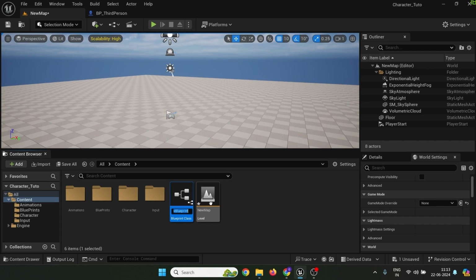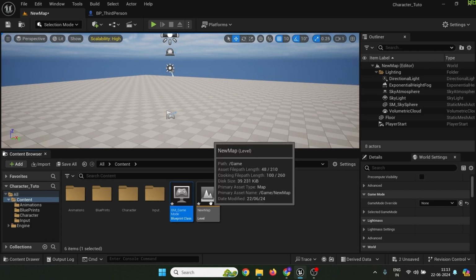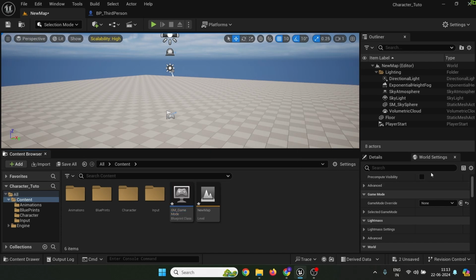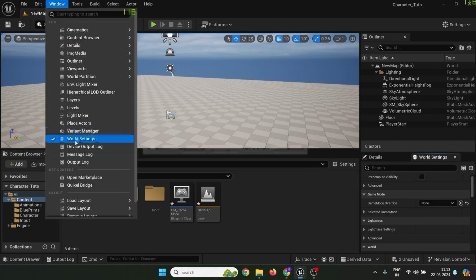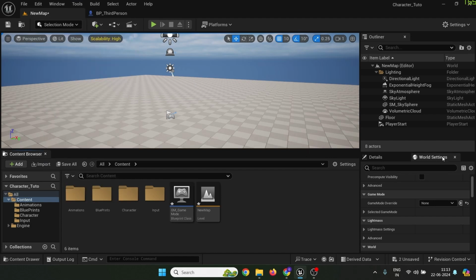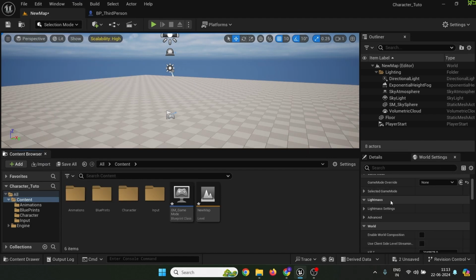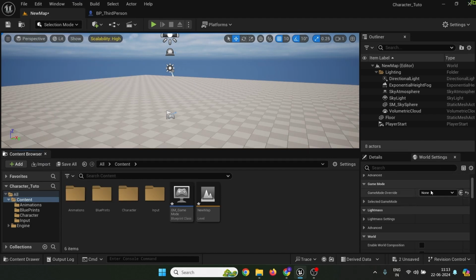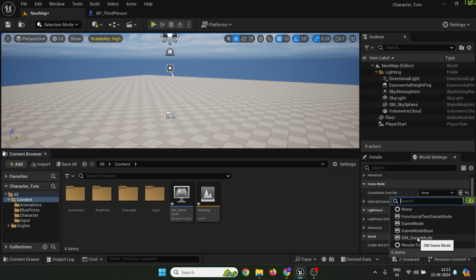In simple words, it stores all the rules of our games. So rename it GM game mode, and onto your world settings. If you don't have world settings, just go to Windows and click on world settings. The world settings will appear here. So onto the game mode override, select the game mode which we just created,